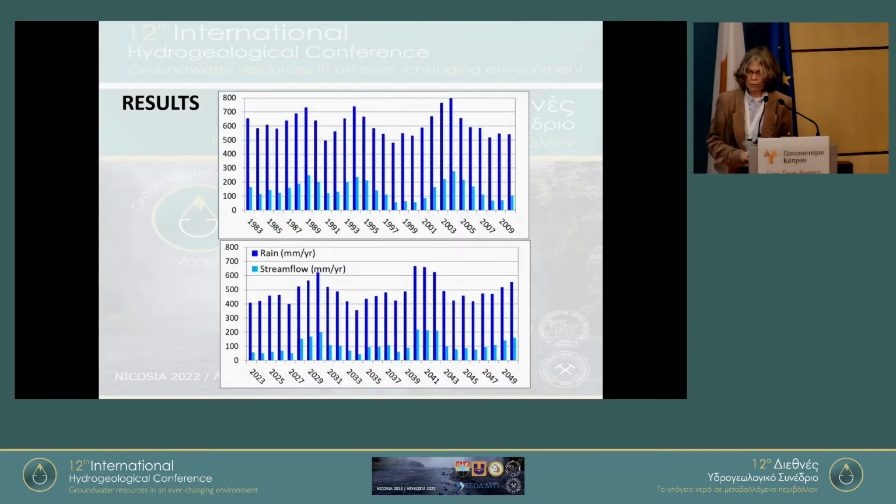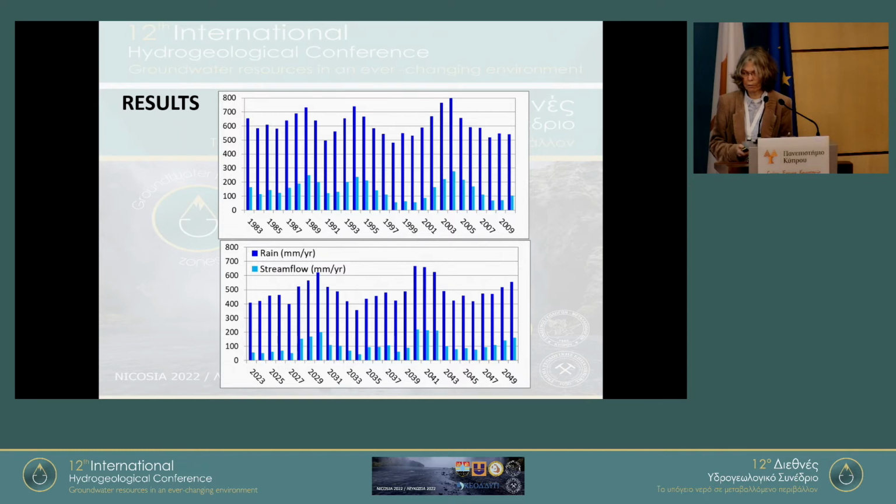And we see here the results. So we see also the variability in the past. The top figure, we go up to 800 millimeter per year in the wetter areas, and we don't reach this at all, those wet years in the future. And we see also that in the future we have drier years which have not occurred in the past, 350 millimeter over the watershed. So we see there's a similar type of variability, but definitely a much drier future with